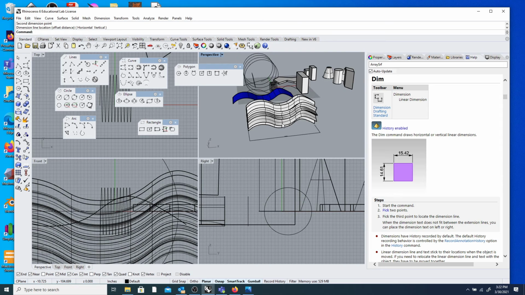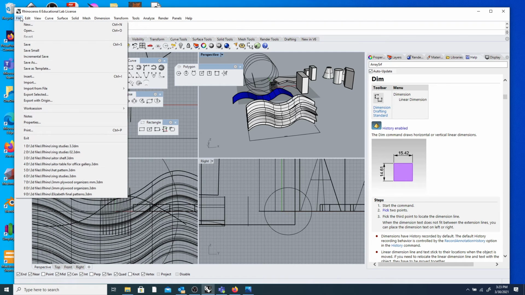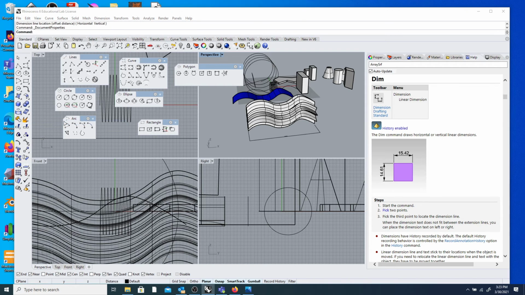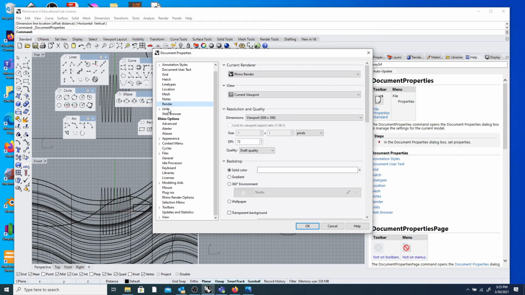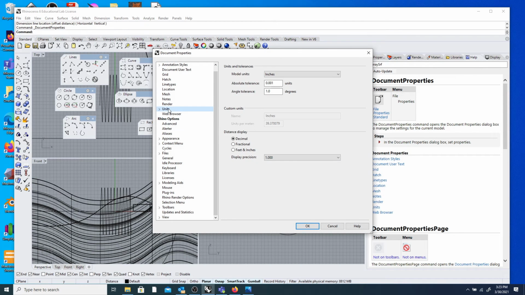So say you thought you were working in millimeters. You wouldn't scale it, because you've already typed in everything as if it was in millimeters. So when we go to change that, we go File, Properties, Units, Model Units,